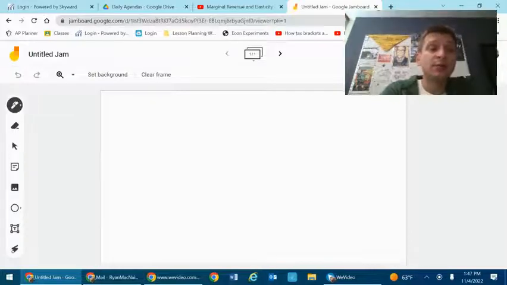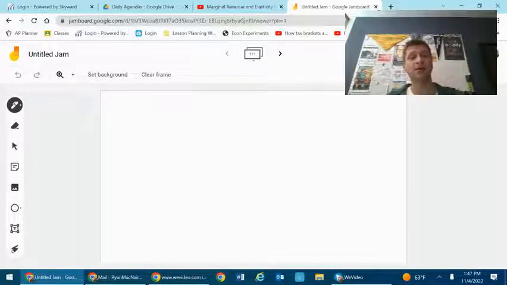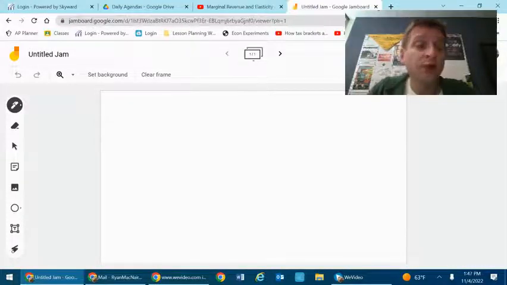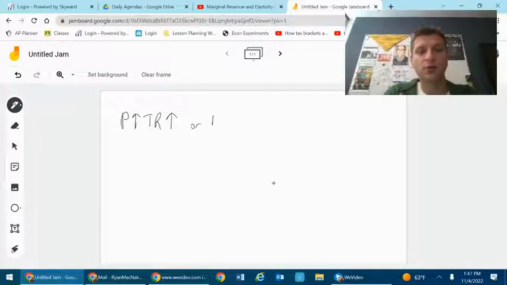Hey everybody, so today we're going to be taking a look at how marginal revenue interacts with the demand curve in order to tell us what's going on with elasticity. So for this, the key thing to remember is the total revenue test. And the total revenue test, if you recall, tells us that if price and total revenue move in the same direction, so if they both increase or if they both decrease,